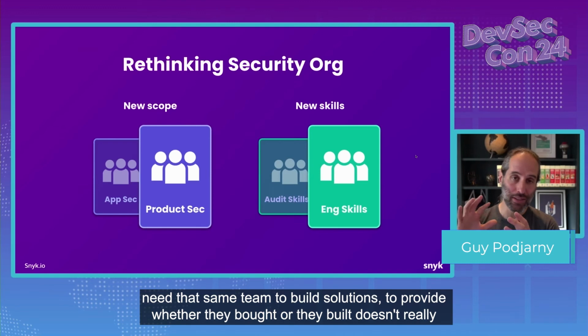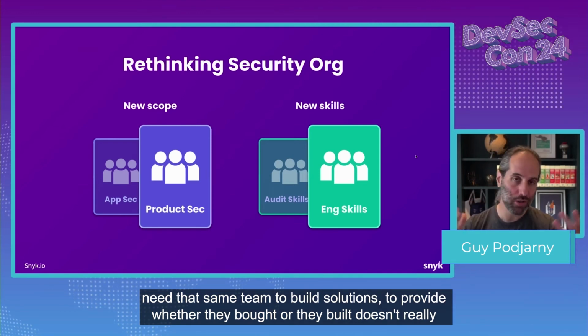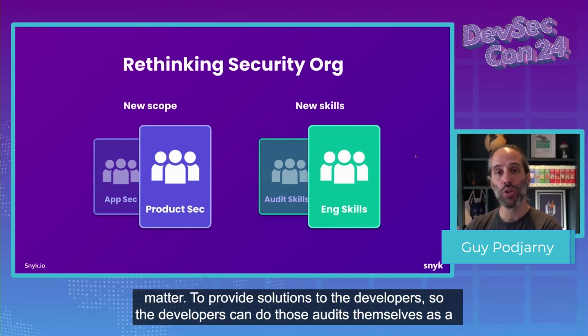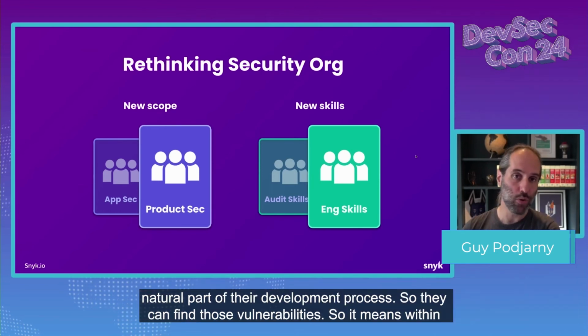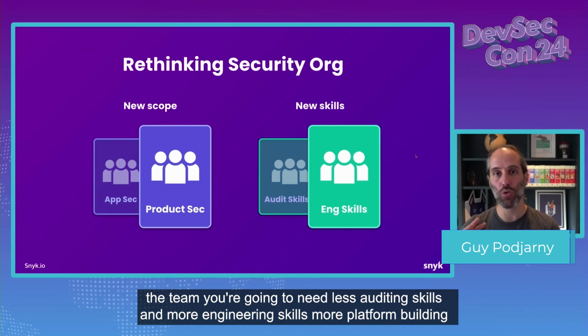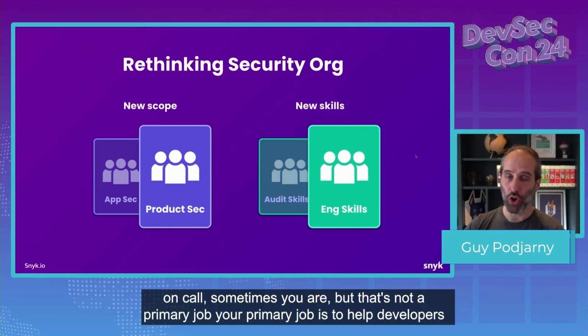What you need is that same team to build solutions, whether they bought or built doesn't really matter, to provide solutions to the developers so the developers can do those audits themselves as a natural part of their development process, so they can find those vulnerabilities. So within the team, you're going to need less auditing skills and more engineering skills, more platform building skills. This is very similar to the SRE type shift that has happened, where you're not the one on call. Sometimes you are, but that's not your primary job. Your primary job is to help developers build